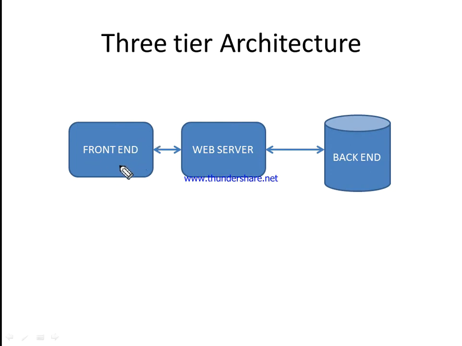Normally the front end consists of HTML, and that HTML has to be integrated with your Python Flask program. And then the backend can be MySQL using XAMPP or remote MySQL. XAMPP means you can design the database locally on your system. If you are going to deploy in the cloud environment, you can use remote MySQL. All that will be given in the next lecture. In this lecture we are going to focus only on the web server using Python Flask.